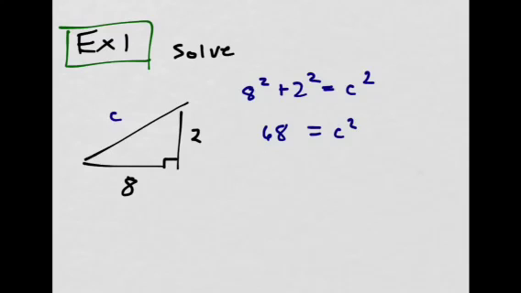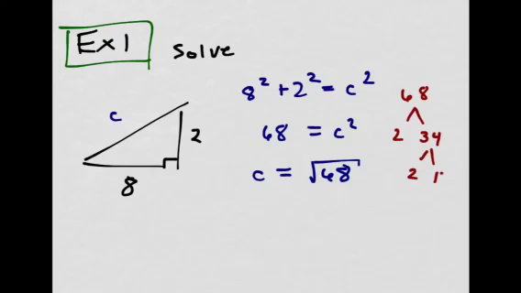That's c squared. So c, if I square root both sides, would be the square root of 68, and I would simplify that. I'd do a factor tree. 68 is 2 times 34, divided by 2 again is 17, and that's a prime number. So this would be c equals 2 root 17, or